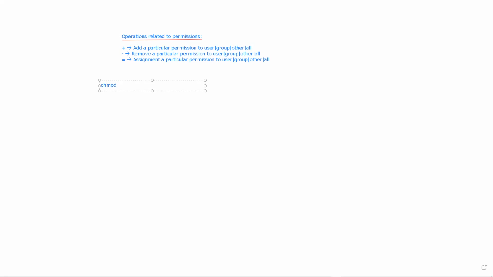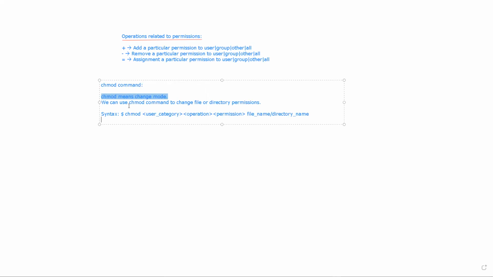By using a chmod command, you can change the mode of the file. chmod stands for change mode, and we can use the change mode command to change the permission assigned to the directory or the file. So this is basically the syntax of the change mode, right?